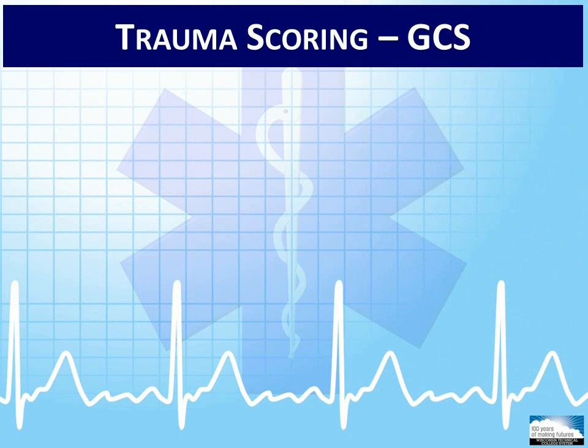If you recall from your patient assessment module, the acronym AVPU is utilized to assess a patient's mentation. A is alert, V is responsive to verbal stimuli, P is responsive to painful stimuli, and U is unresponsive. This is a rather rudimentary measure of mental status, however, and other scoring scales exist to better quantify a patient's mentation. For the next few minutes, we'll be discussing two such scales, the Glasgow Coma Score, GCS, and the Revised